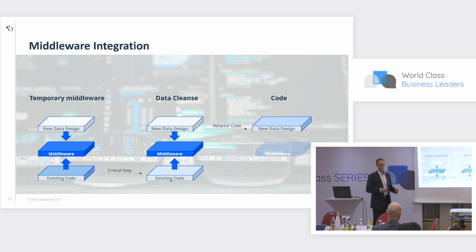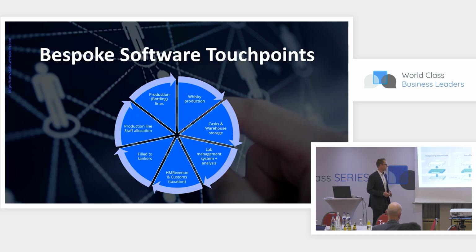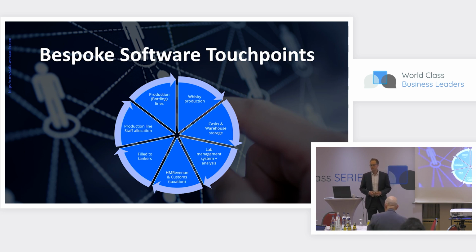And then in the end, they had, of course, the new data design with all the data that they used to use. It's very interesting to see that these are very specific touch points that we had with this customer. So it was not a generic one. You see, for example, HM Revenue at the bottom here. This is very specific to alcohol and taxation in Scotland. So it's not something that you could just buy as software from stock. Therefore, they were required to use something that was